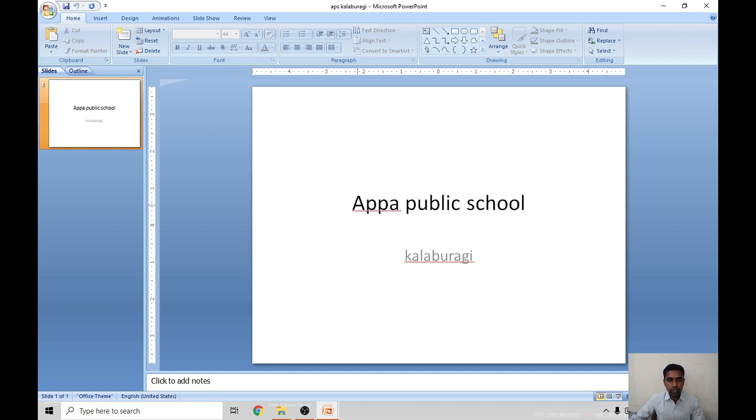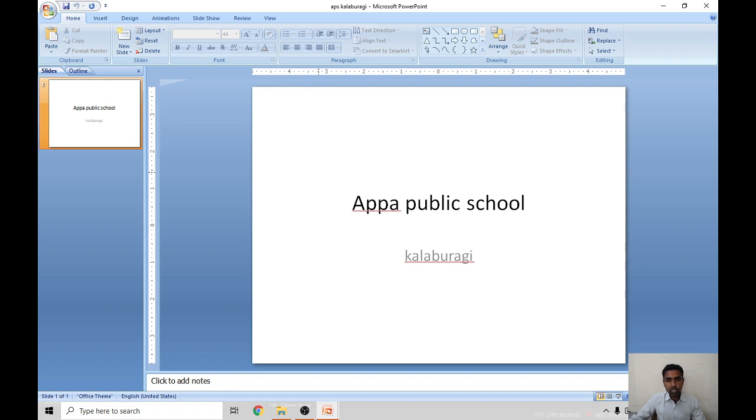After this, next we will move to the built-in templates. So how to use the built-in templates. There are different types of built-in templates, and you can use those also. So what do you mean by built-in templates? Built-in template means some already designed slides are there that you can use in your presentation.